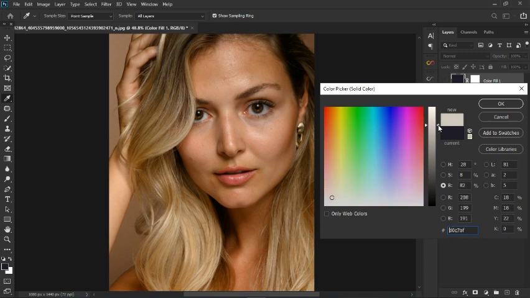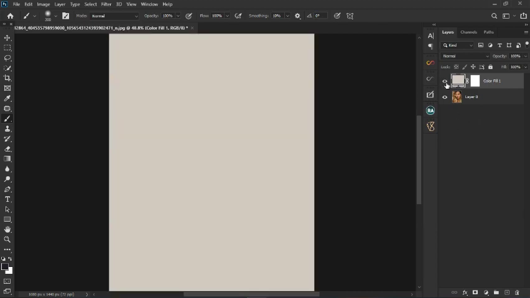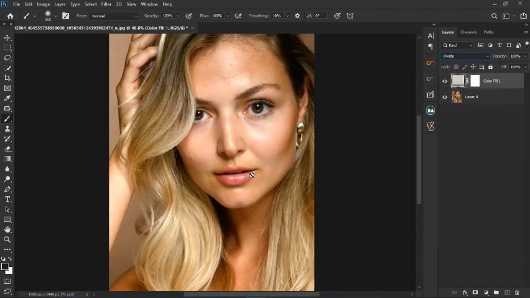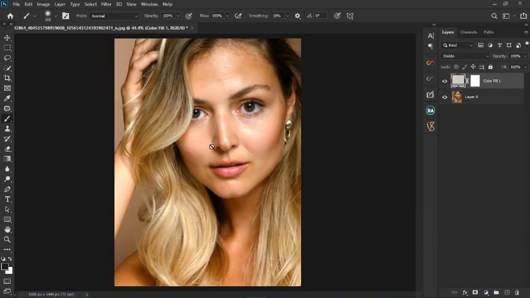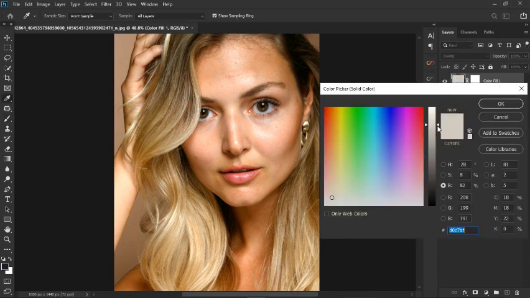So I'm just going to select that color, and you can see the color that's selected over here. You can take it up a little bit because if you're going to do the next step, it's going to look blown out. So once you take it up, turn it back on. Now this is going to affect the whole image. Change the blending mode to divide, and you're going to have it like this. So we have from this to this. It just gives you the right exposure, the right brightness, and although you can take it all the way up